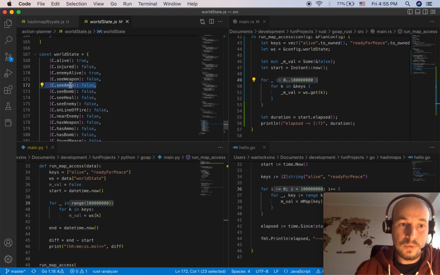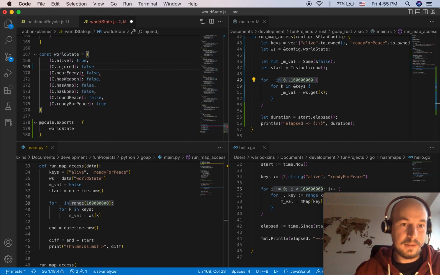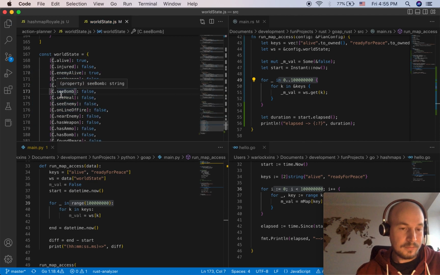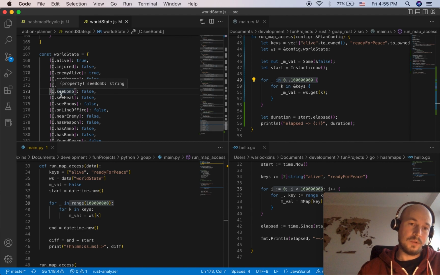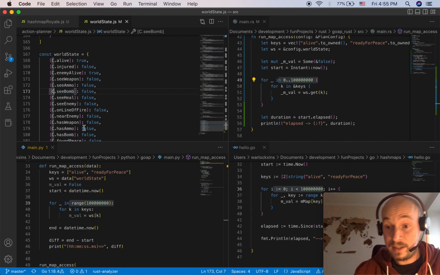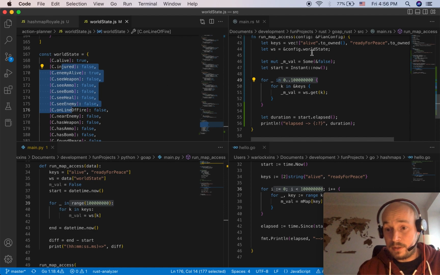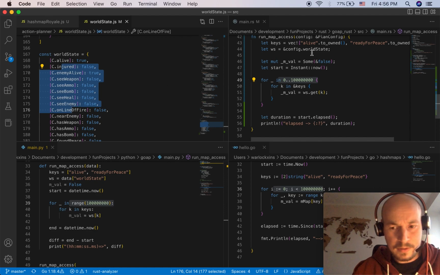I could add more values to the world state or decrease the size of world state, right? So this is a highly configurable thing, and I kind of want to work with a hash map or dict or object or whatever. So this is important for this specific case, and my goal-oriented planning was successful in Rust, which I showed on the channel before.